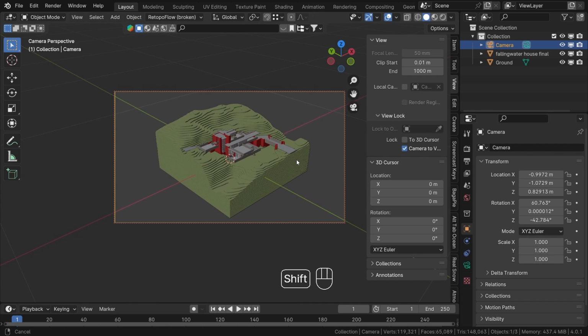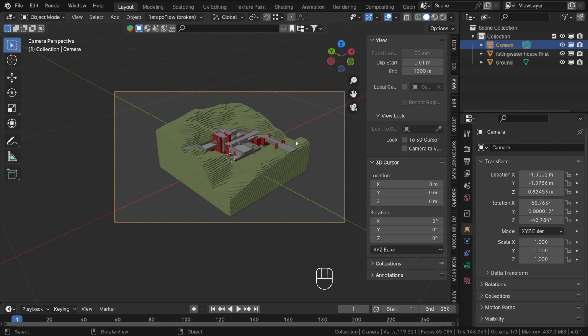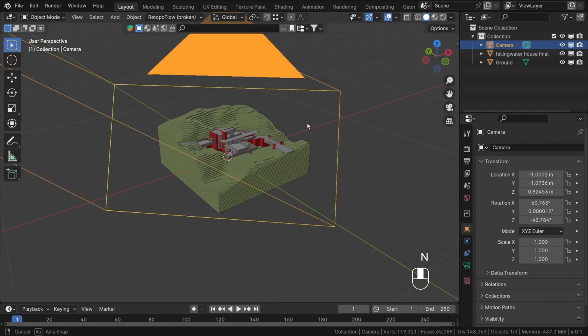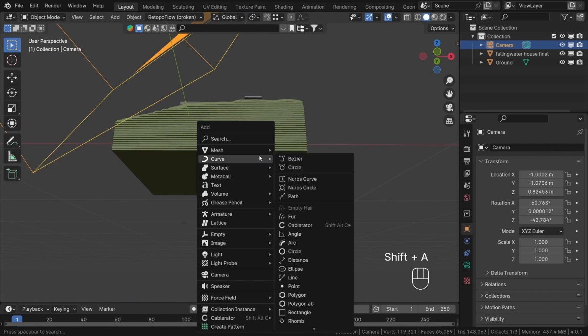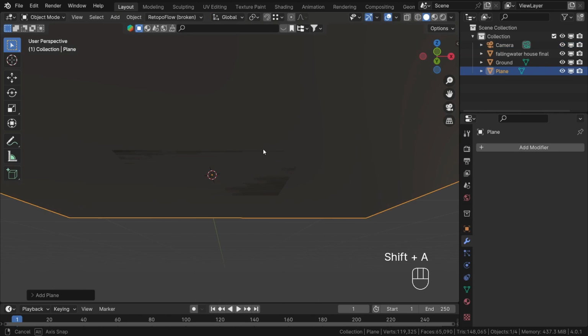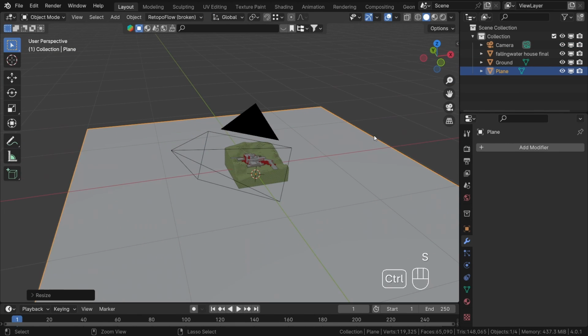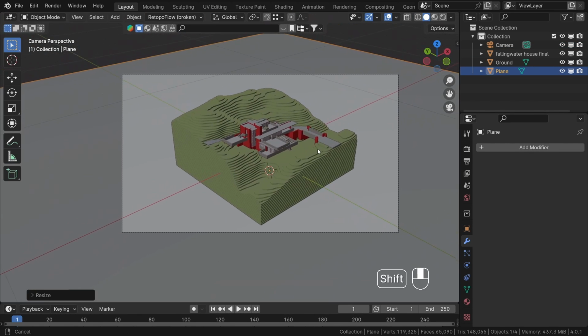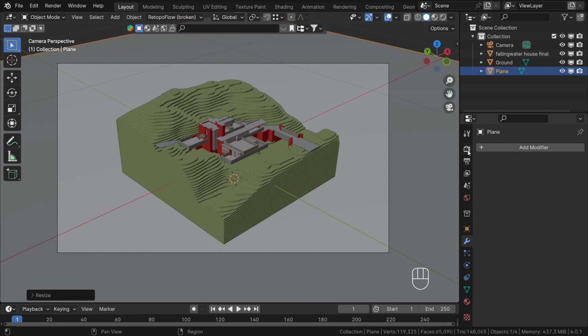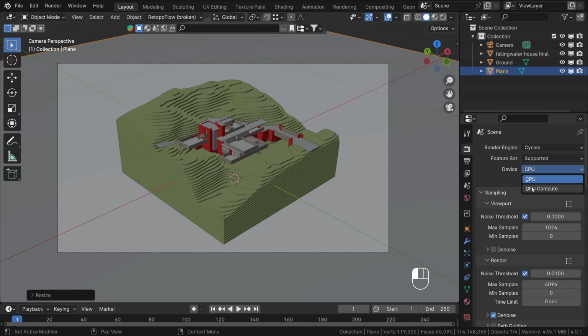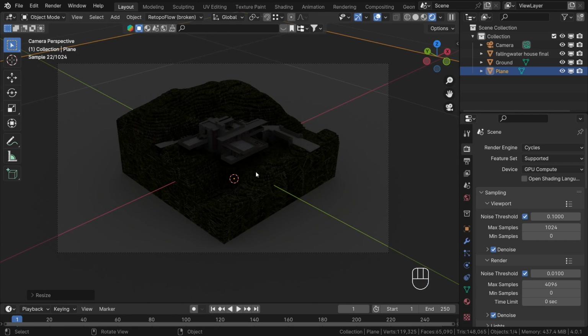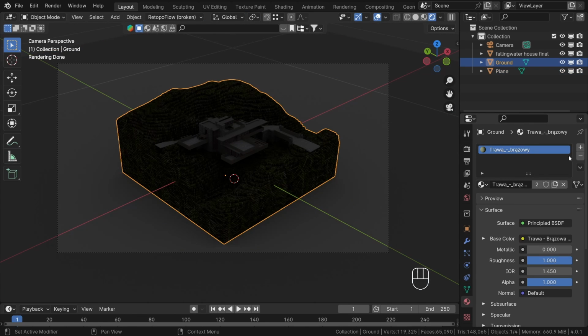I think these shots look pretty nice. Let's add a ground object by placing 3D cursor at the bottom, and let's add plane. And let's check how it looks like in render view. So let's switch render engine to Cycles, GPU, and enable denoise option in viewport, and let's preview it. I will delete the material from ArchiCAD,